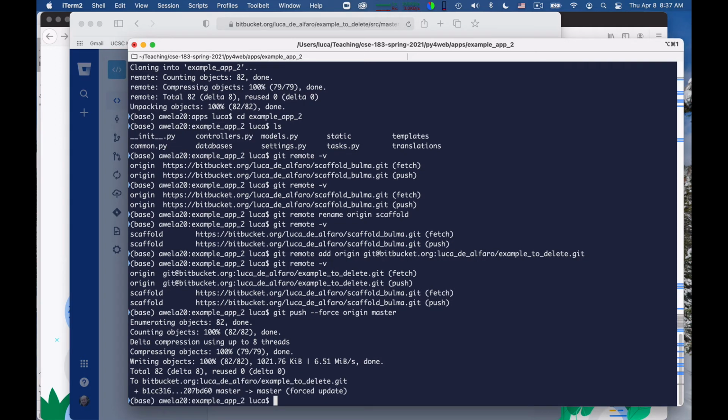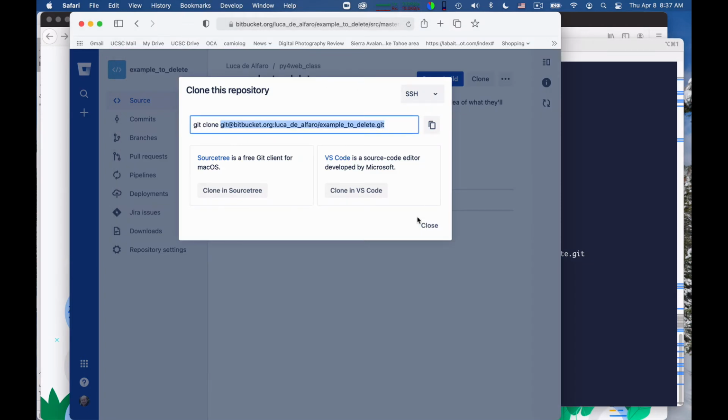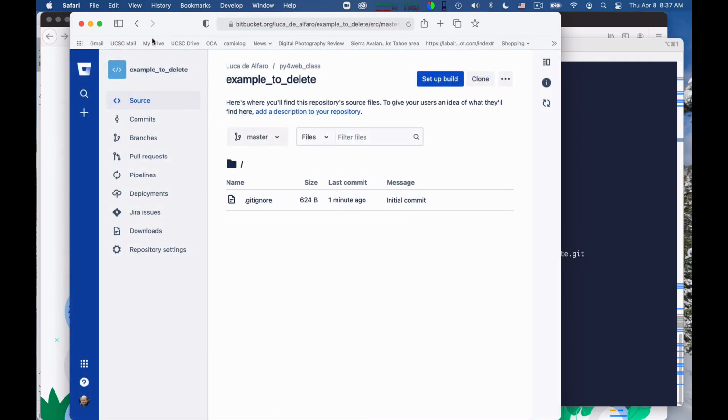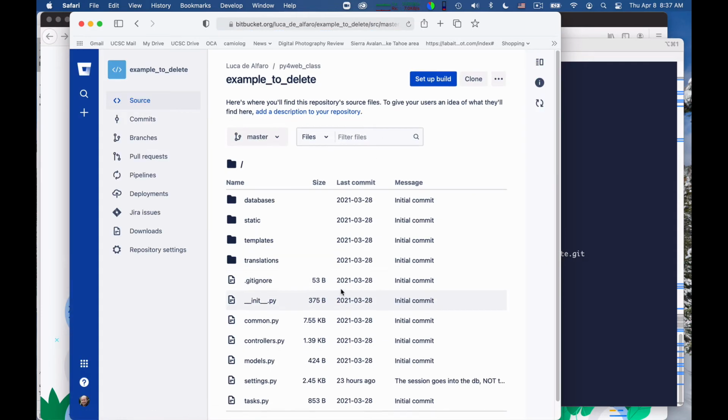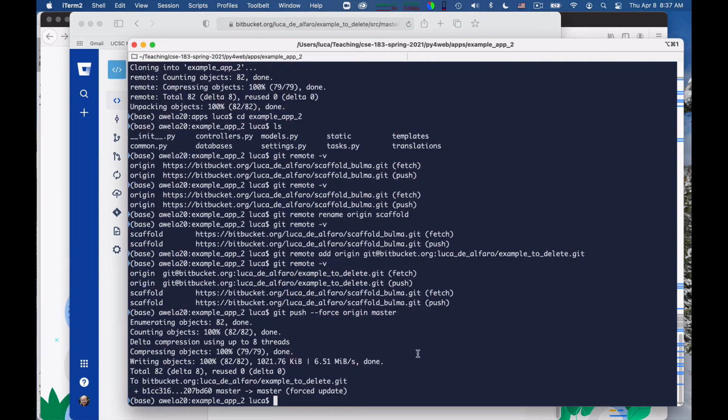And this does it. Now if I refresh, here is my repo, and so here I have two repositories. As long as I use these two remotes reasonably, anyway, you cannot push to my scaffold, so it will give you an error. But you can make a change and you can push to it. And now let me show you how.